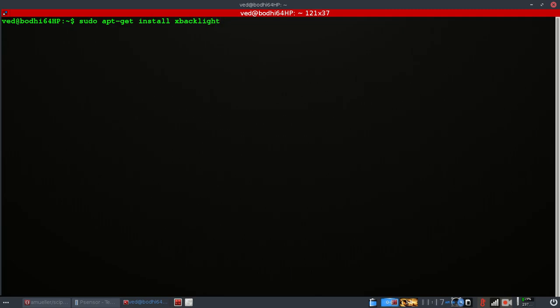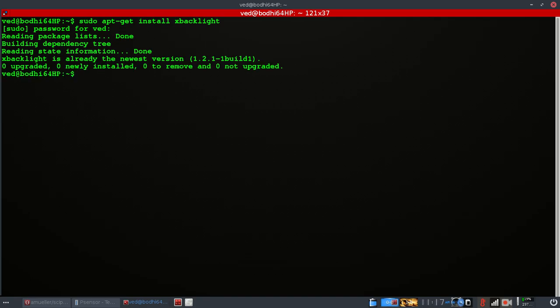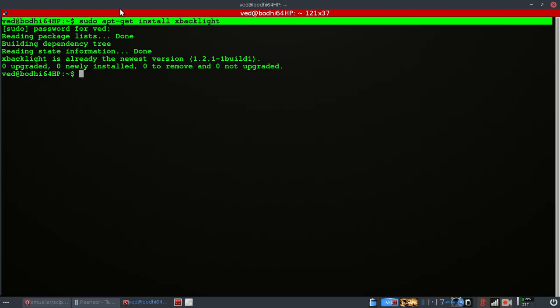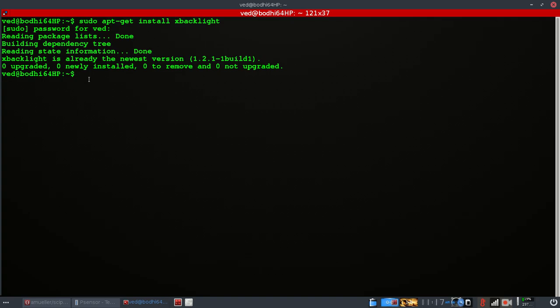Here you can install it by typing this, and since it's already installed, it is not going to install it, but if you are typing this in your new Linux machine, it is going to install xbacklight. So what it does is